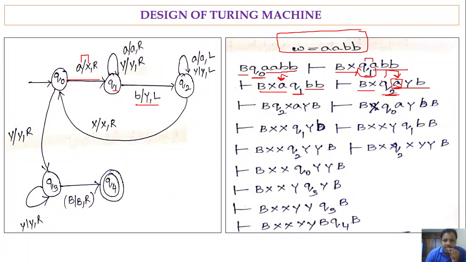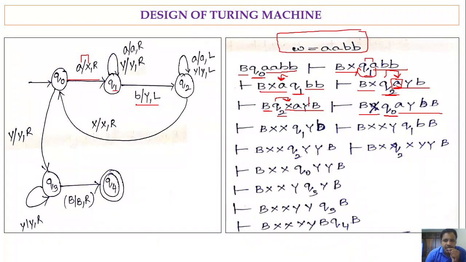So what will happen, since we move the head towards left, we will get B, and the current state will be Q2 X A Y B. Now we are in Q2 and the head is pointing to X. The moment we get X in Q2, keep that X as it is, move the head towards right and change from Q2 to Q0. So first move the head towards right, and we'll get BX. What is the resultant state now? Q0, and the input that is to be processed is AYBB.